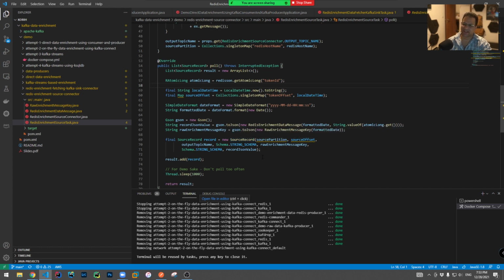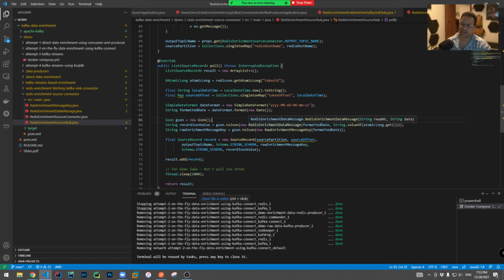I am now passing a record to Kafka and writing it to the output topic name, which the user gave me as configuration. I'm taking this value and I am writing the enriched data, which is made of